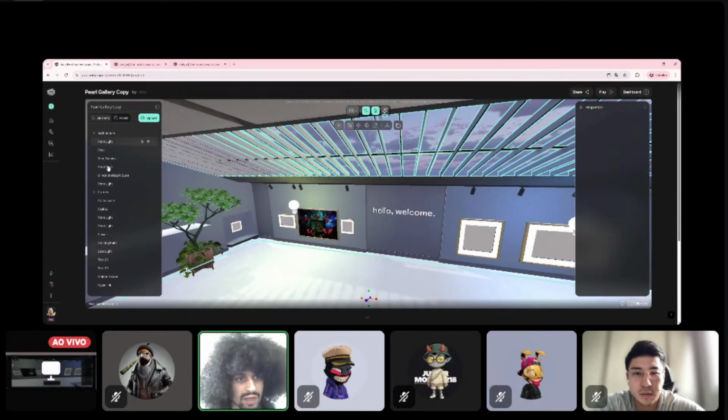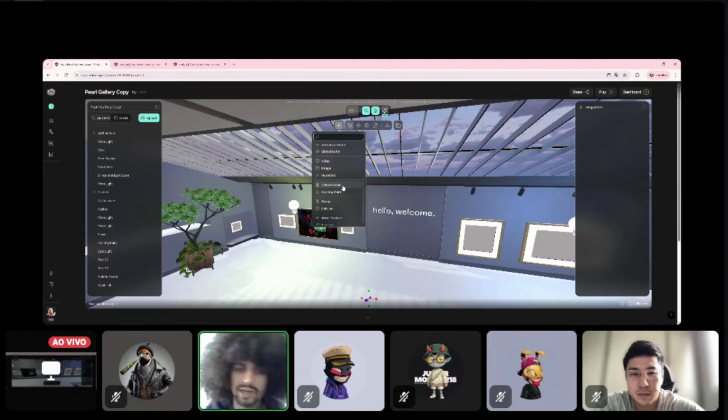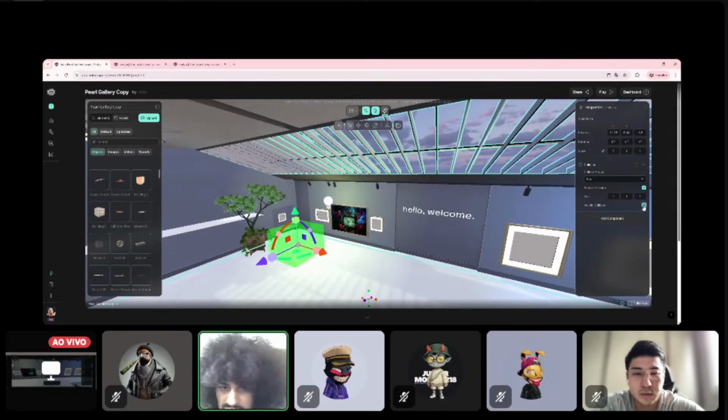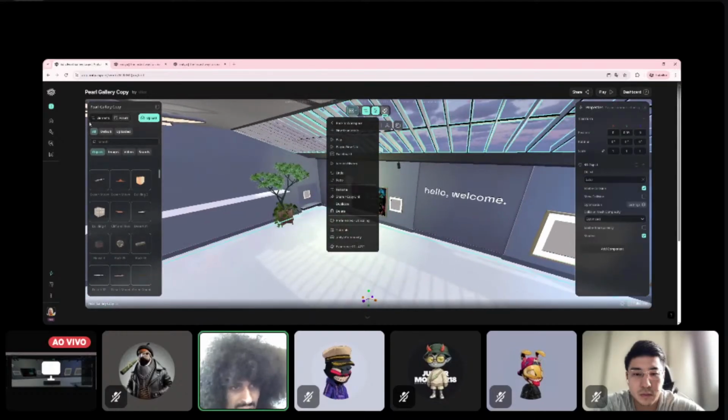So now, the teleportation I showed in the last webinar as well, but those that are related to gamification will be a little bit trickier, but I will show how to use them as well. Here we have a collision one, which is basically a big collision box.